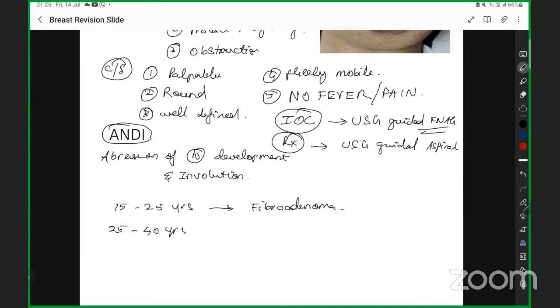Number 2, when you are going to see about 25, what commonly occurs is fibroadenosis. And number 3, more than 40 years, you have fibroadenosis again. This is also a recent guideline: adenosis is going to be more common than ductectasia. From this itself, you would have understood what we are going to see: all the benign breast diseases. For benign breast diseases, they have given certain diseases like fibroadenoma, fibroadenosis, ductectasia, etc. That is what we are going to see in this upcoming topic.